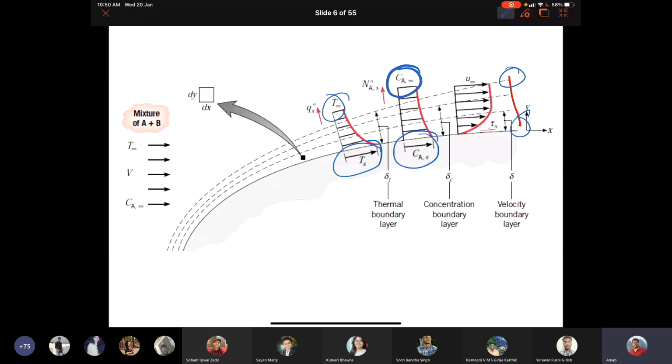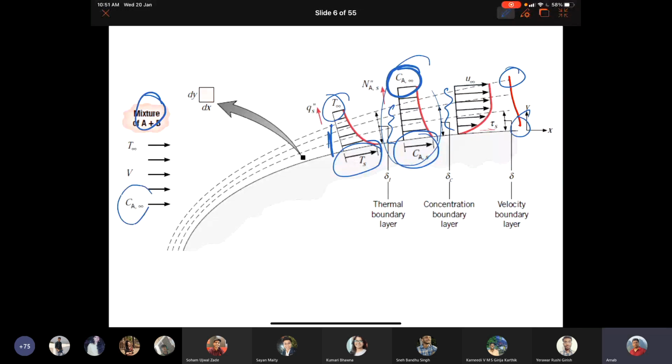Now the point is that this thickness shown here, this distance for this case and this distance for the other case, these are arbitrary. It is not that the hydrodynamic boundary layer thickness would always be higher than the thermal boundary layer in all these cases. This is just for the sake of illustration. And typically this happens when you have a mixture of A plus B of different concentrations, having A and B.